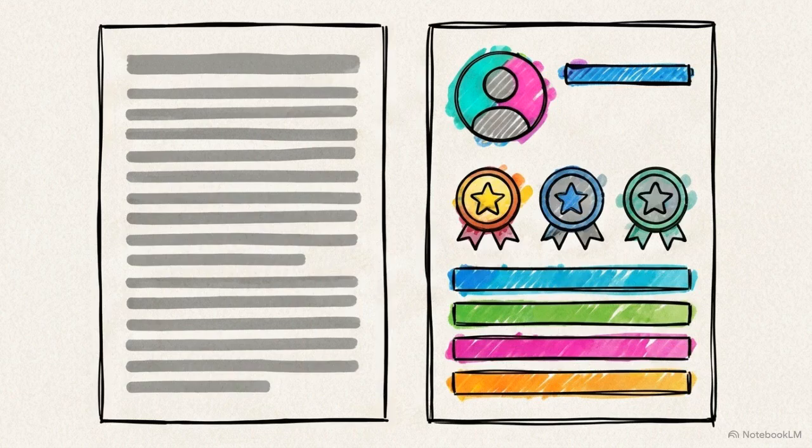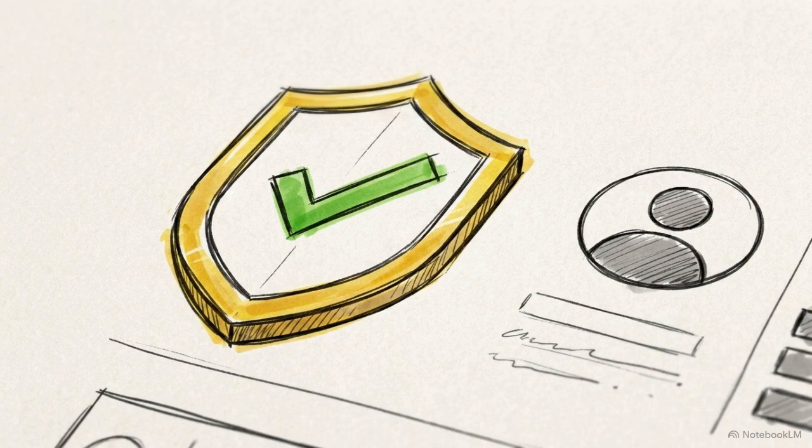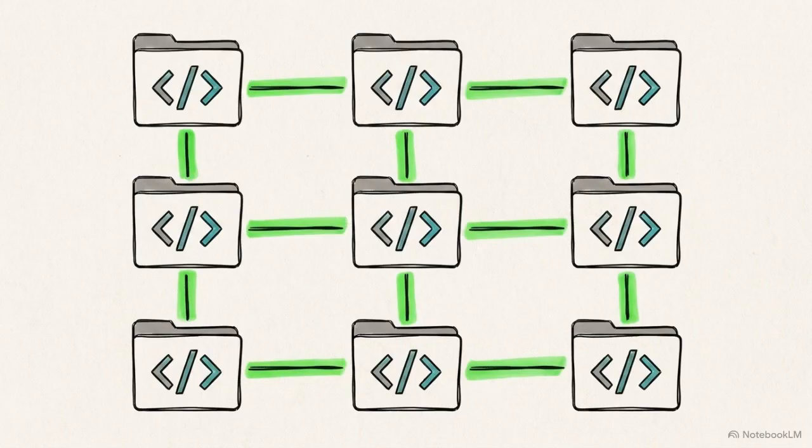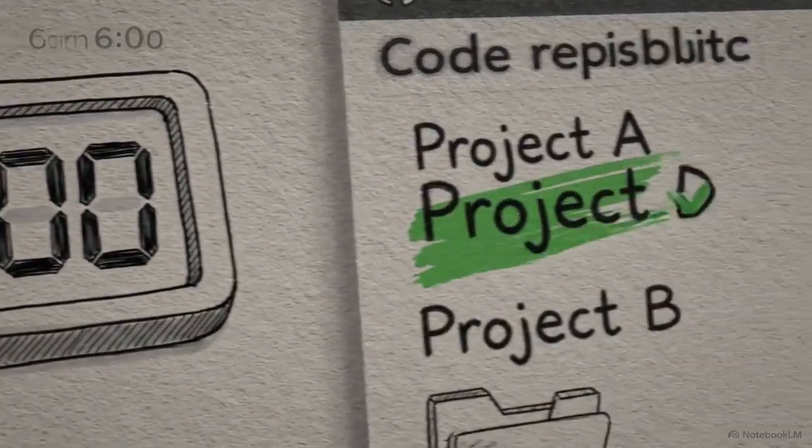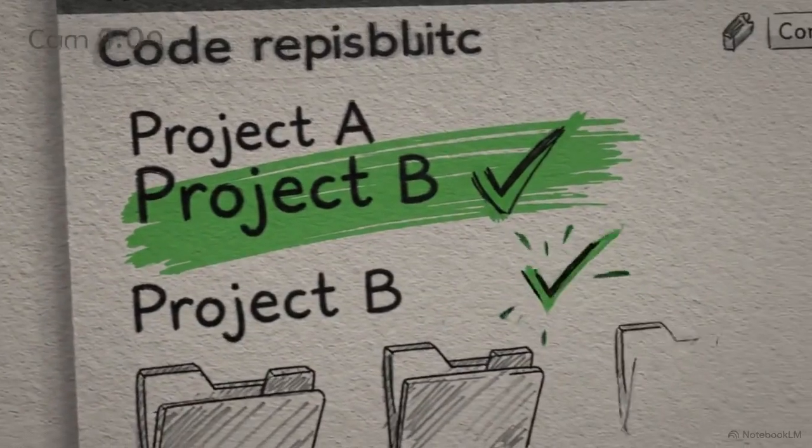A hiring manager spends 6 seconds scanning a dense text document like the left. The profile on the right prioritizes verified badges and links to project repositories proving technical competence immediately. In exactly 6 minutes, we are going to use my GitHub repository to help you build this professional presence and